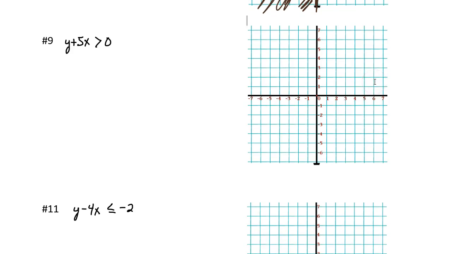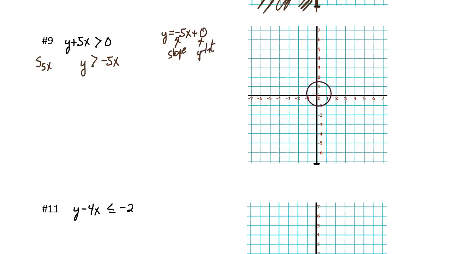Next, number 9. Make believe that this is an equation. If this was an equation and we wanted to graph it, it would be helpful to have slope-intercept form. So let's change this into slope-intercept form. We're going to subtract 5x from both sides. We get y is greater than -5x. This is like the equation y equals -5x plus 0, where this number tells us the slope